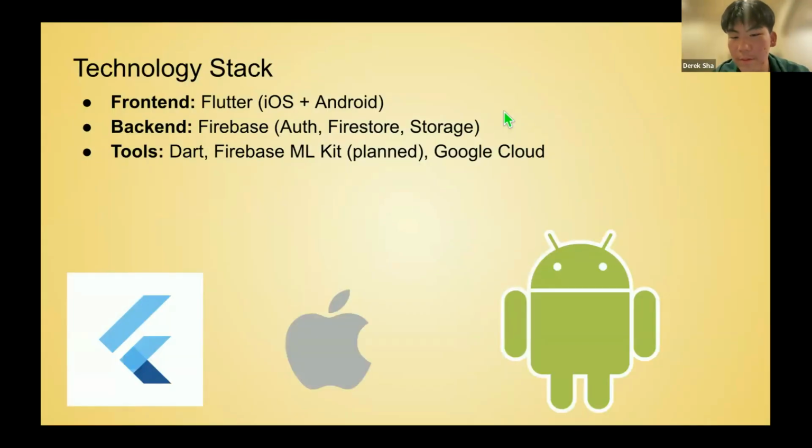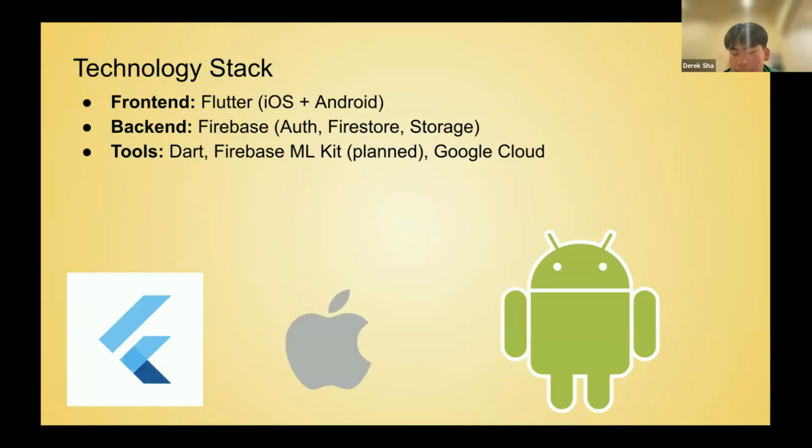So we built Memolins using Flutter on the front end because it runs on both iOS and Android and also provides a consistent user interface with a single code base. And for Flutter, what's really good is that we can use Dart to create both iOS and Android features, so we don't have to switch languages midway for two different types of systems. And we also use Firebase, which powers the backend, including the authentication, and Firestore for real-time database operations and storage